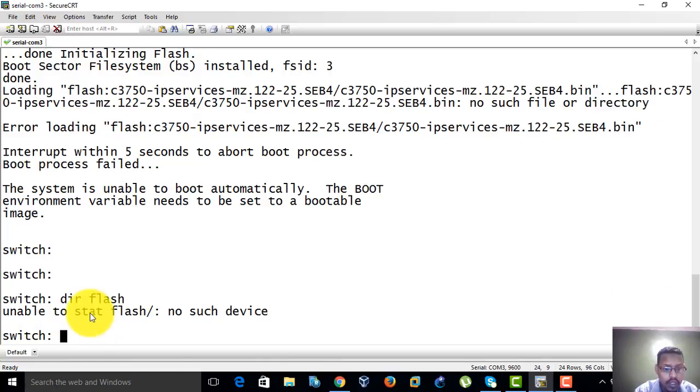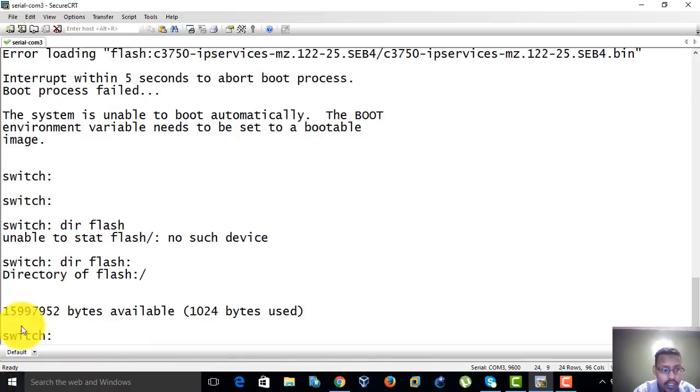Flash, yeah. So dir flash with the column, and then the flash is just all available. Then we would select flash. The second command we'll do is flash